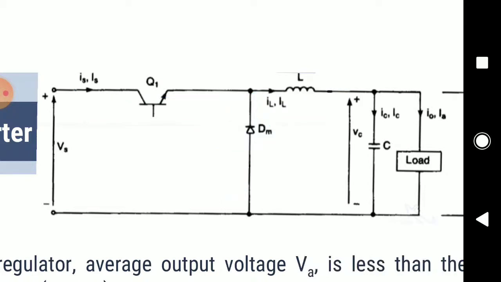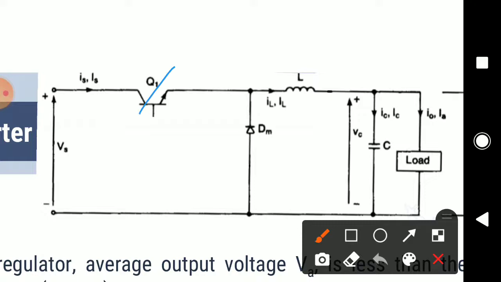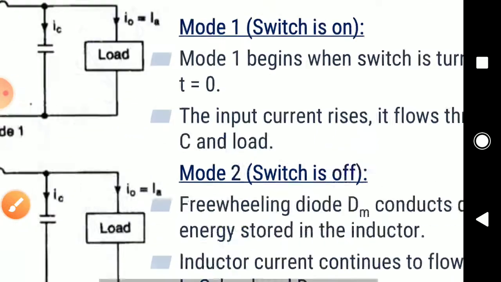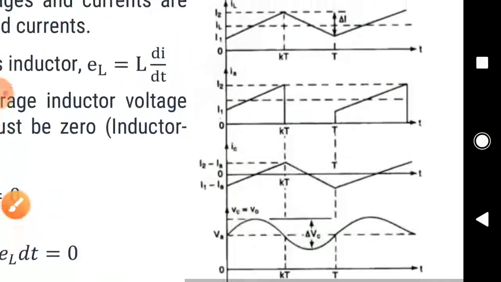But what happens when you are turning off the switch? When you turn off the switch, the supply current is no longer flowing, but the inductor current is present. The supply current is not there, but the inductor current is still flowing. So the inductor current will start to reduce, but the supply current and also the switch current will be 0. You can just see the waveform over here.